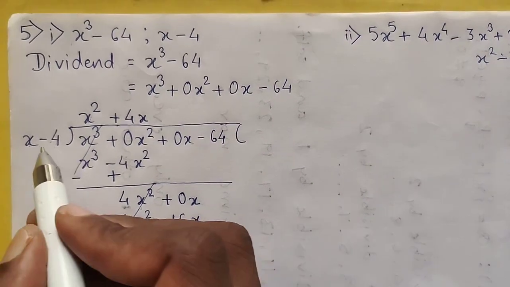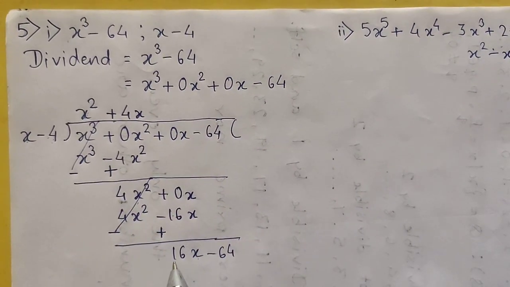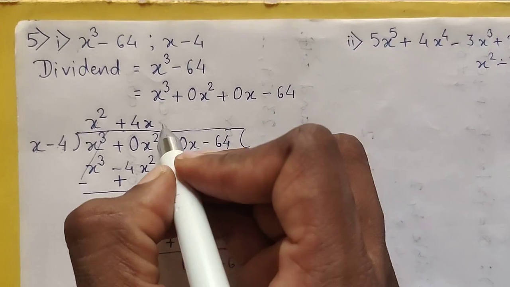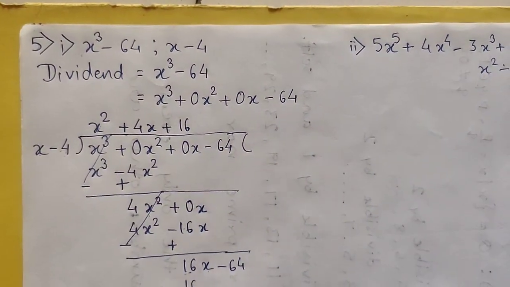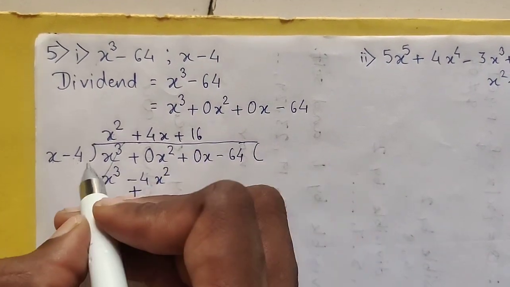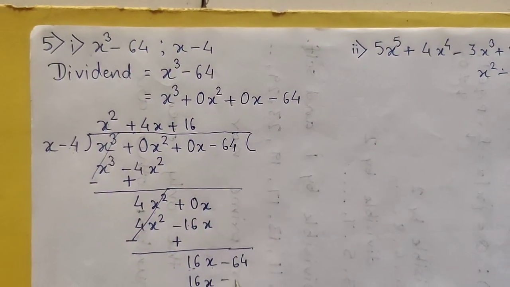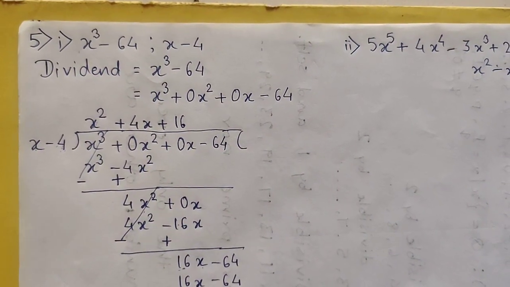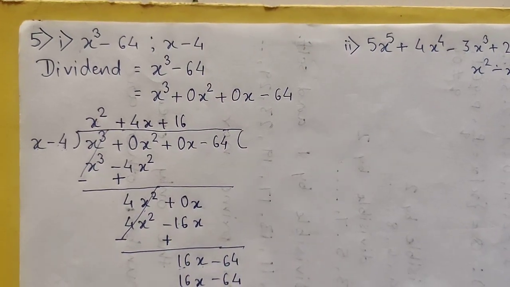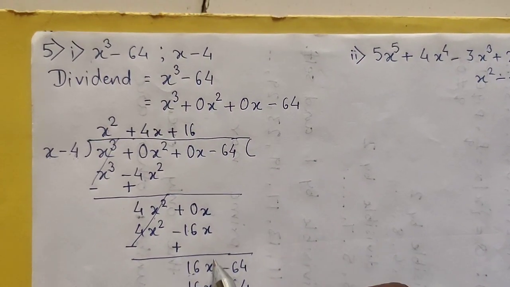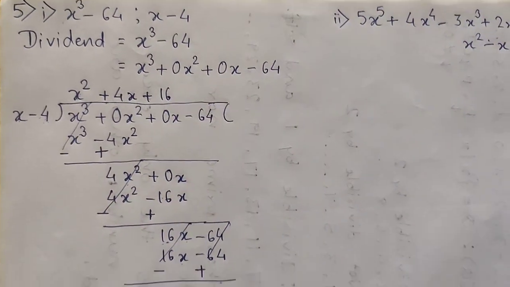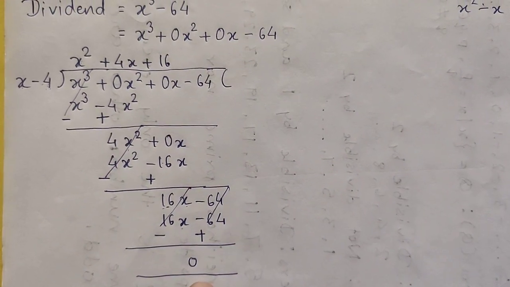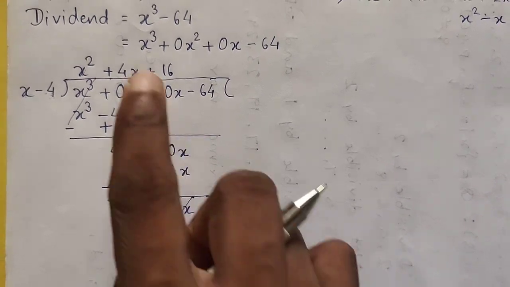Again the same step: here x is there, here is also x, so only 16 is missing, so multiply by 16 only. In this case you are going to get 16x, and if you multiply 16 with minus 4, you are going to get minus 64. Now again change the sign: this becomes minus and this becomes plus, these two cancel and you get 0. And you know what 0 is? 0 is your remainder, and this is your